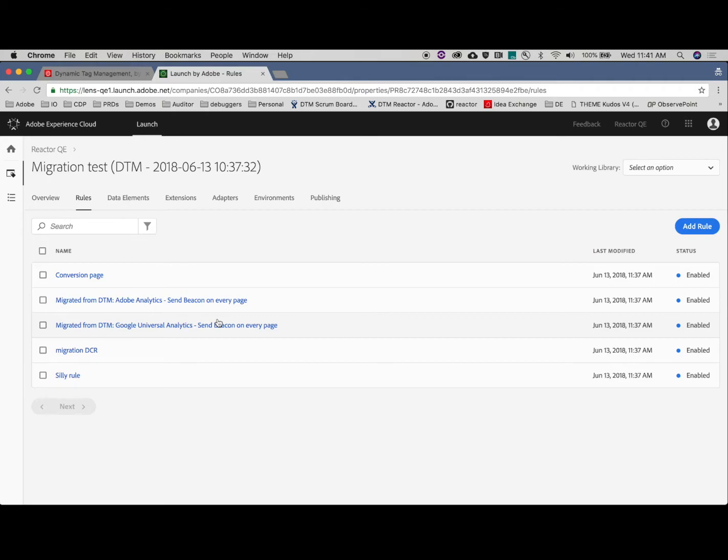Launch doesn't do anything you don't tell it to. There's no secret phantom ghost rules. It is all very explicit. It will do exactly what you tell it to. So in this case, we've actually taken those phantom rules, and as part of the conversion logic, it has created